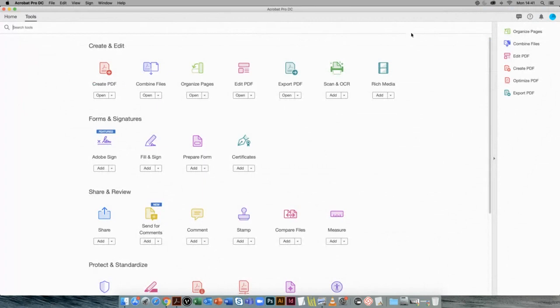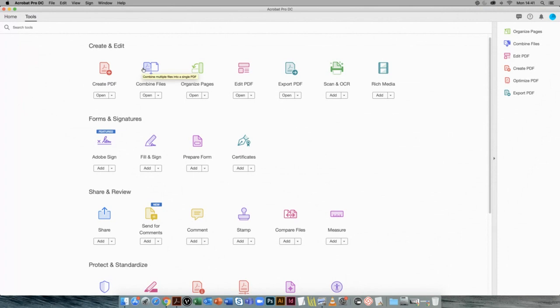So let's click See All Tools here. So here we can see all the tools available to us. And what is most important to us is this top line, which is create and edit. Creating a PDF, obviously you can create PDF from any format such as Microsoft Word, PowerPoint, etc. But we're already creating PDFs in InDesign, so we don't really need to use that option, but that option is there. The one that we are commonly going to use is combine files, which is combining multiple files into a